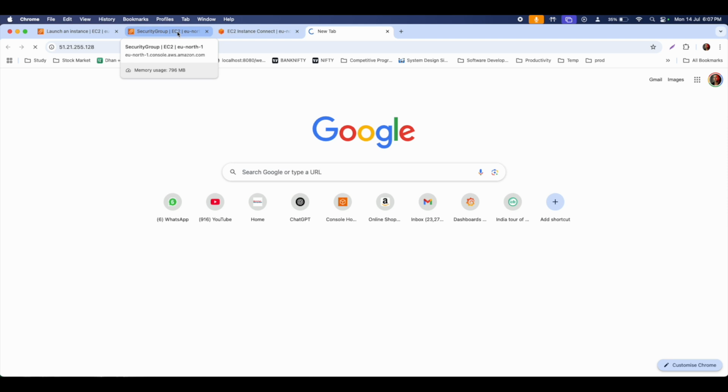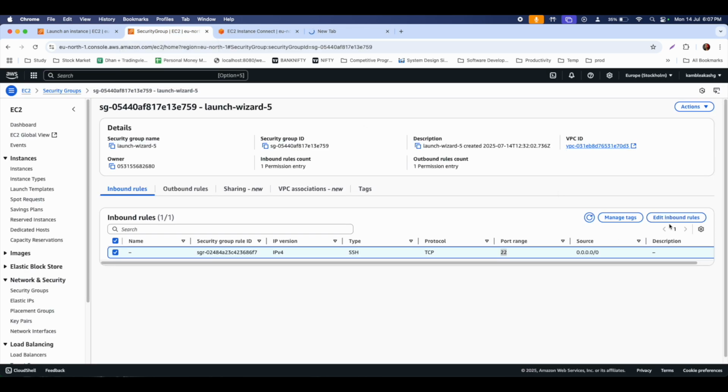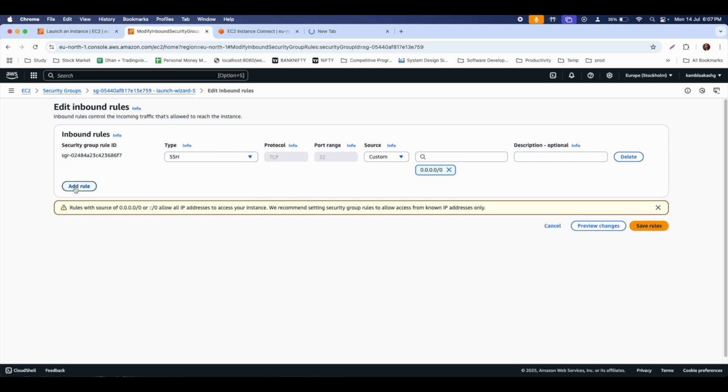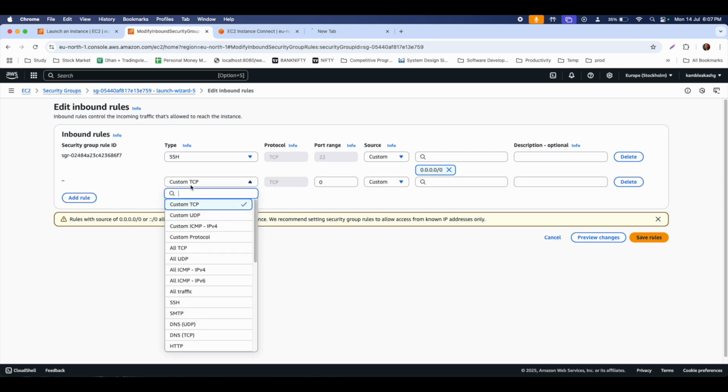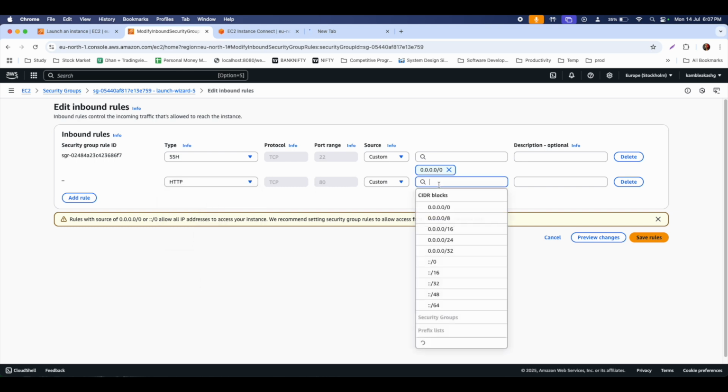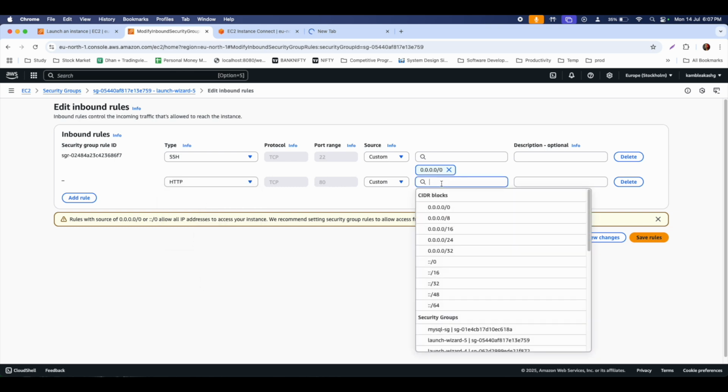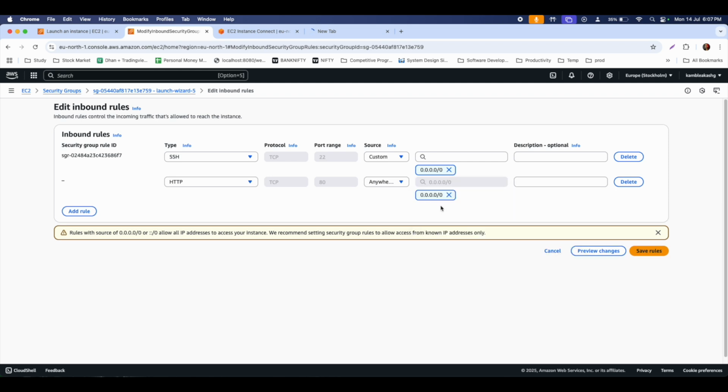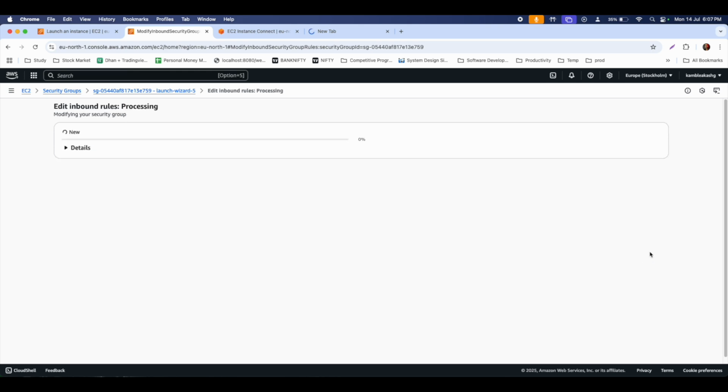Now let's try to make an entry. I'll go to edit inbound rules under the security group, and here I'll quickly add the new rule. For this, I'll add HTTP, which is basically port number 80, and for the source, I'll give 0.0.0.0/0, which is anywhere in the world, and I'll quickly click on save.